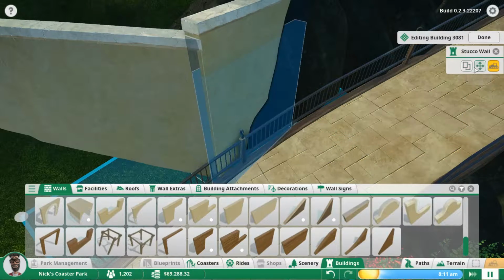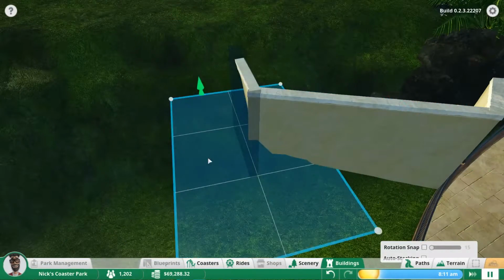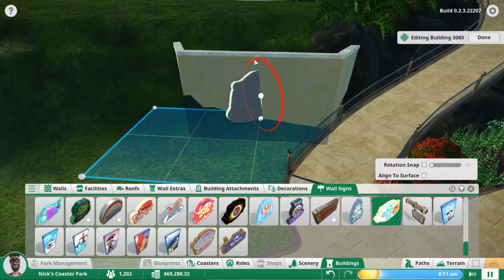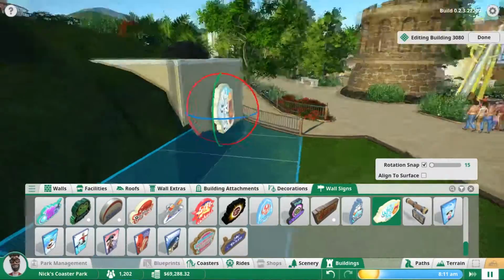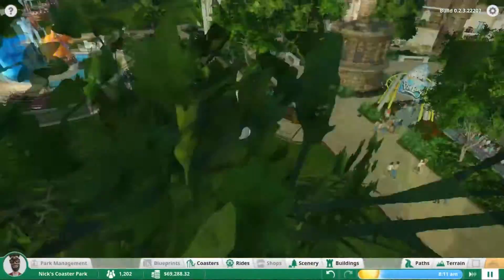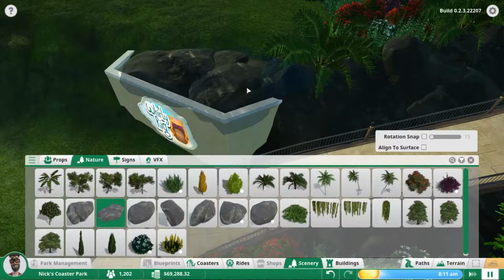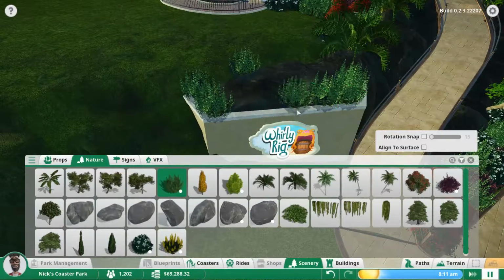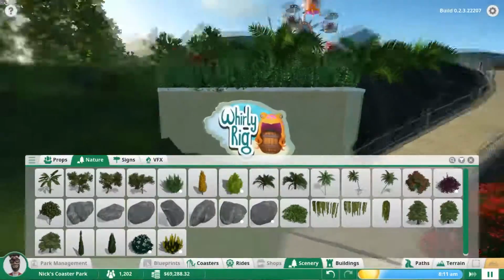it's just a small thing to make everything fit in together and kind of end off this sort of bridge thing here and let people know, hey, there's a ride up here. You might want to wander up this path because you want to go to this ride. And see here, sign. I don't know why this sign does not align to the actual wall. It makes no sense because you would think, oh, it's a sign. We want to put it on something. Oh, let's align it to this wall. No, let's just instead align it to however we want to align it, and we'll just do something